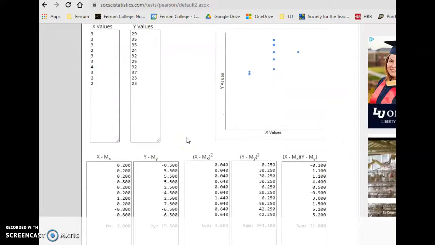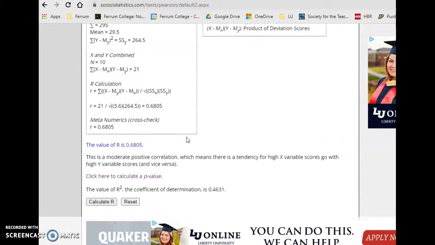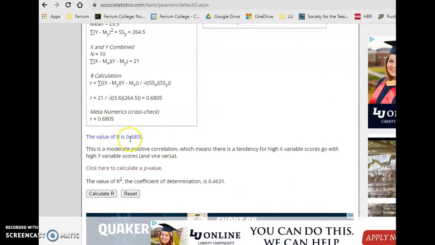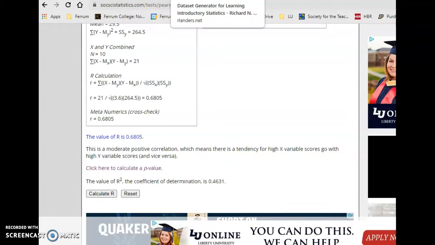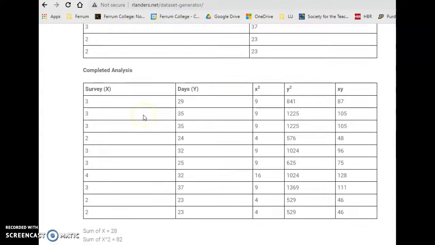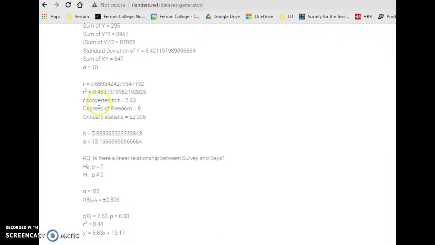You will scroll down, click Calculate R. The value of R is 0.6805. You are going to come back over here, scroll down, and check your answer. R equals 0.6805. Yay! So the reason I'm having you use the two websites, although this one does it all for you